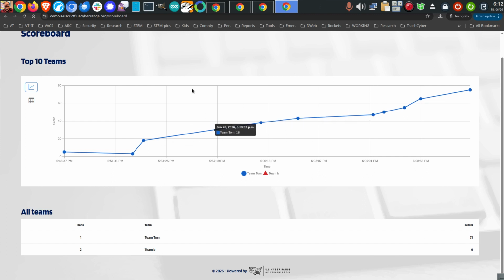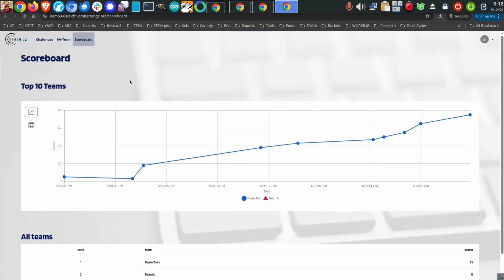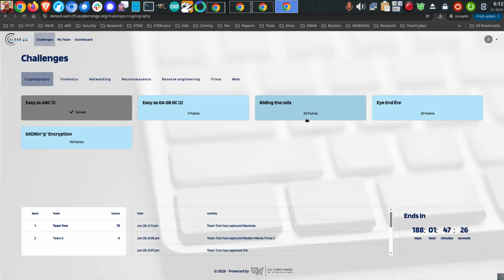All right, that's about it. I just wanted to kind of get everyone up to speed on what our latest CTF engine looks like here, as well as our new default challenge set. So this is our new 2026 challenge set. You should check it out, especially if you're teachers. And the nice thing is, let's see if I can bring up